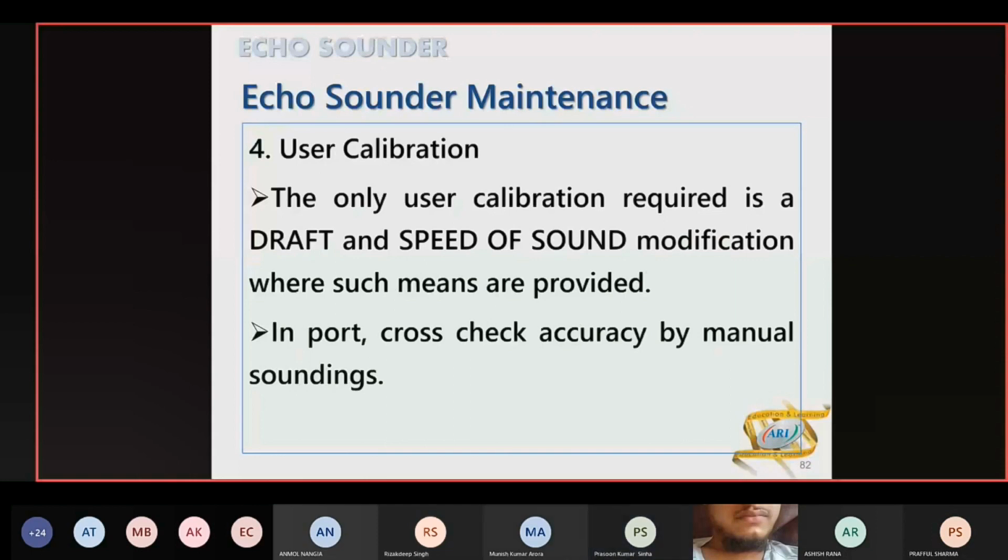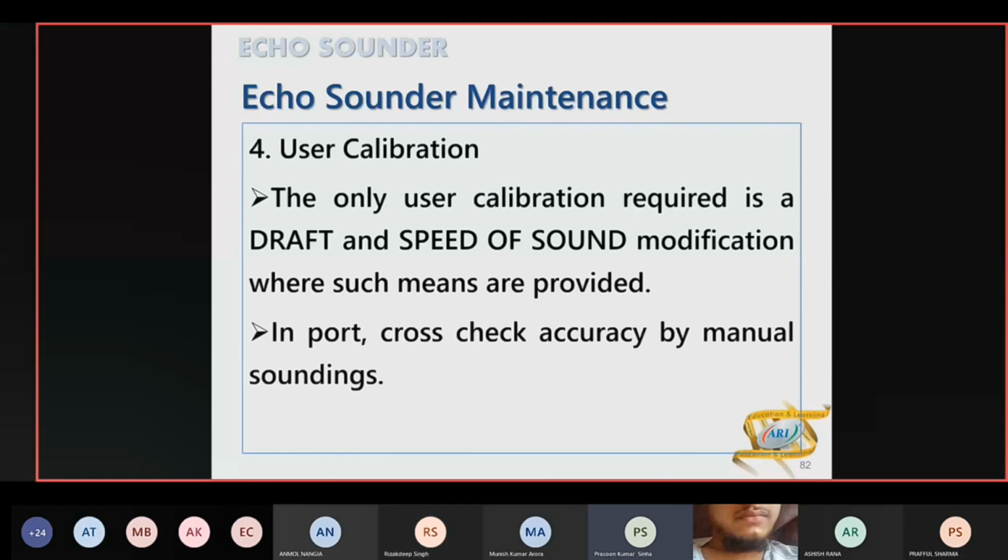So it should be tested against manual sounding, especially when you are in the jetty. You know that there is a depth by manual sounding. Using the sounding tape, you can take the depth of the water, switch on the EcoSounder, compare it with the EcoSounder and see what the EcoSounder is saying. If there is any difference, it should be noted. You cannot do much about this,